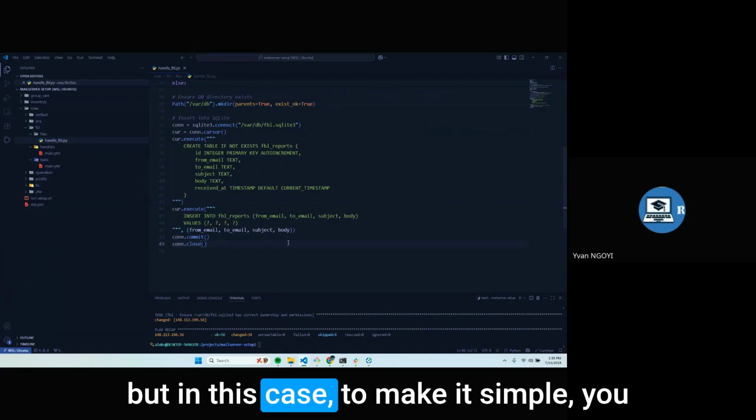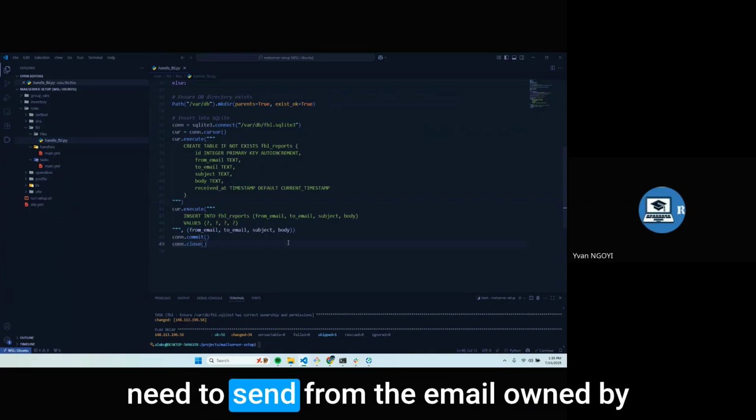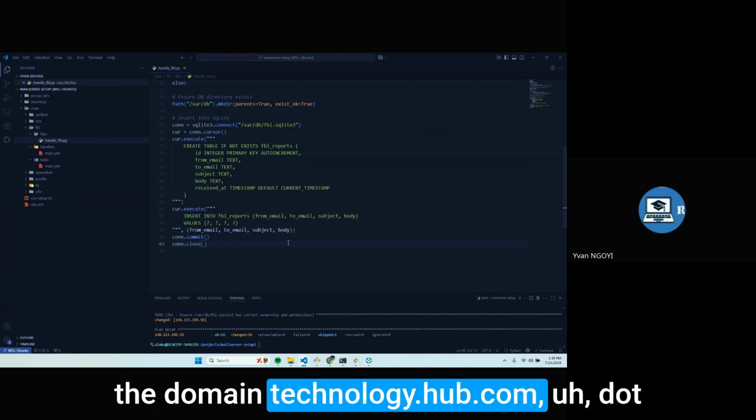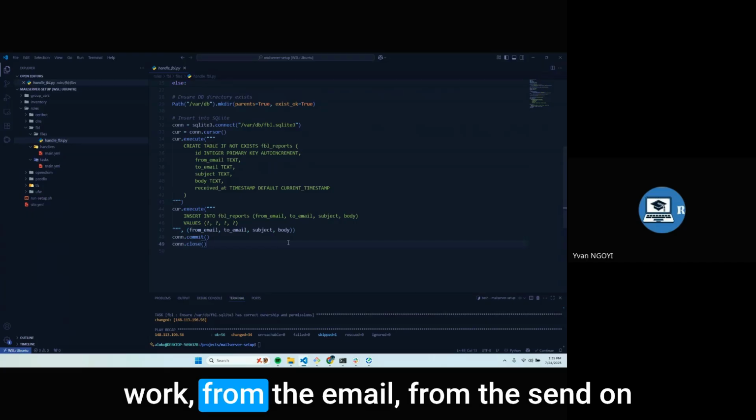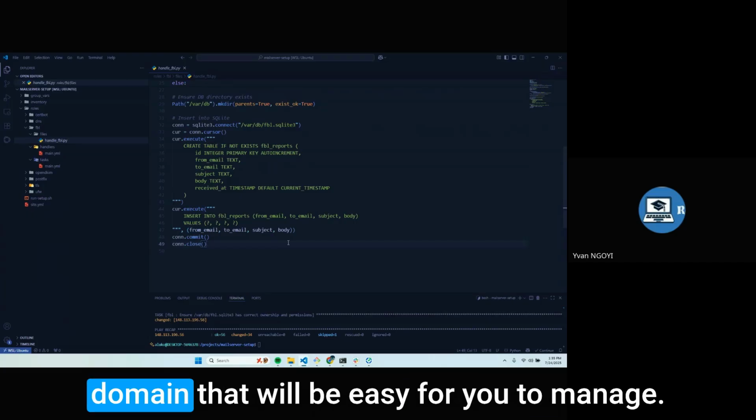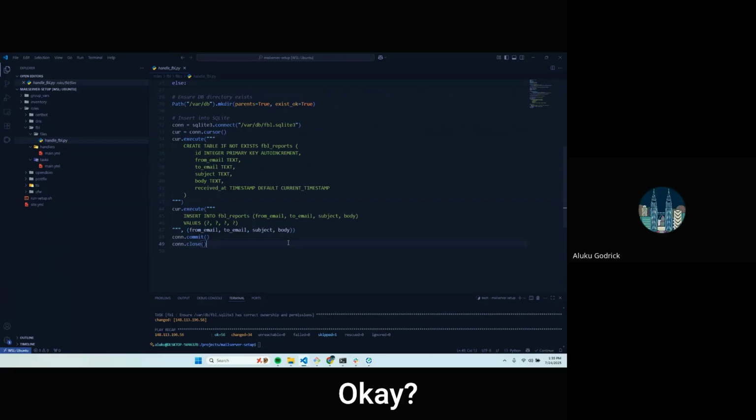But in this case, to make it simple, you need to send from the email owned by the domain technology.hub.com.work, from the same domain. That will be easy for you to manage. Okay. So